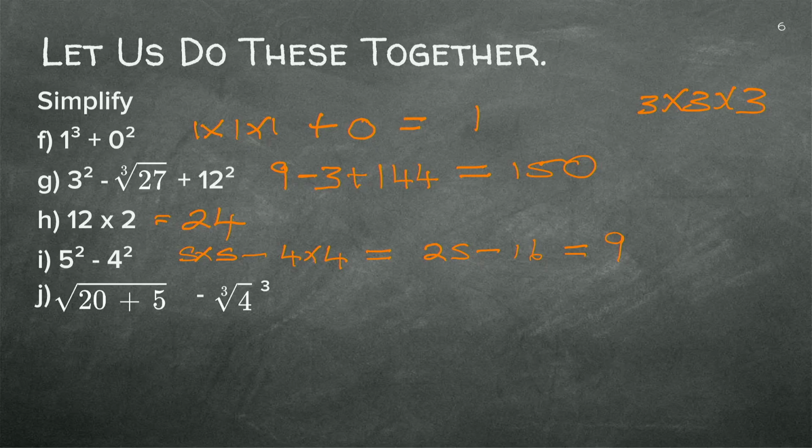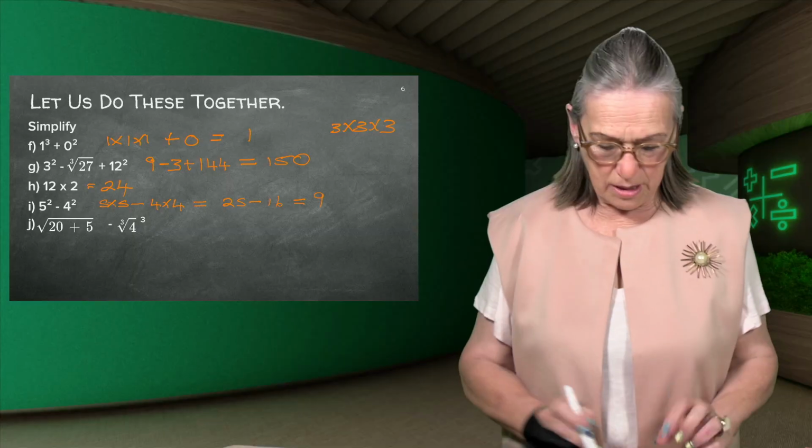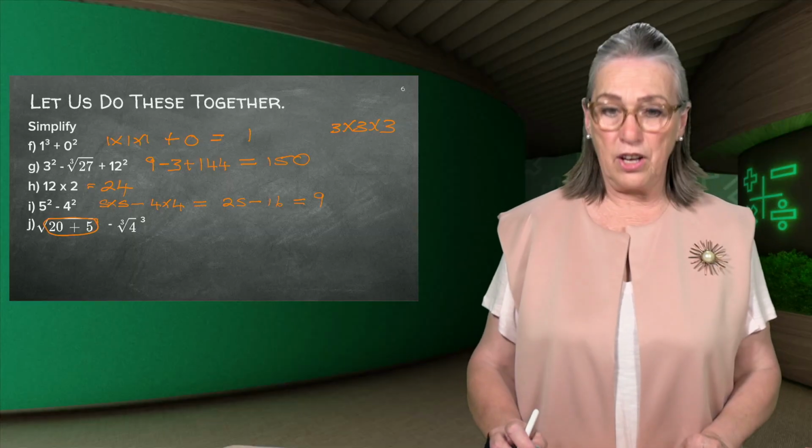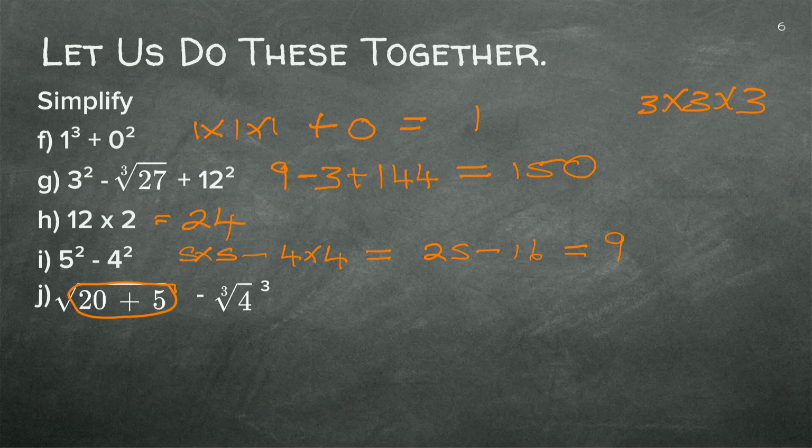And now let's see this one. Remember, the square root sign is a bracket. So what's under here, we do first. So we're actually rewriting this as 25 minus the cube root of 4 multiplied by themselves twice. So we know this answer by now, I hope. So what is the square root of 25? It is 5, and this will remain the same. Remember, it's 4, so our answer is 1.